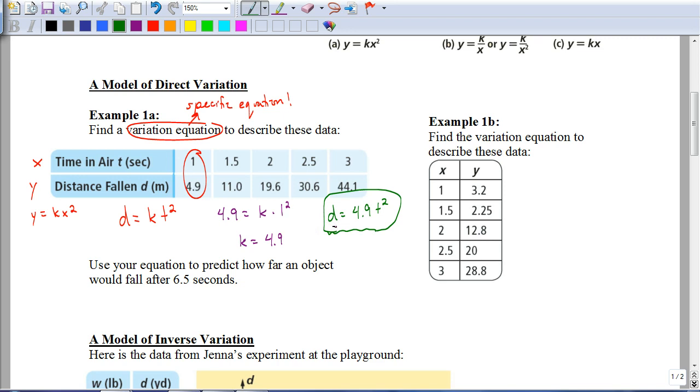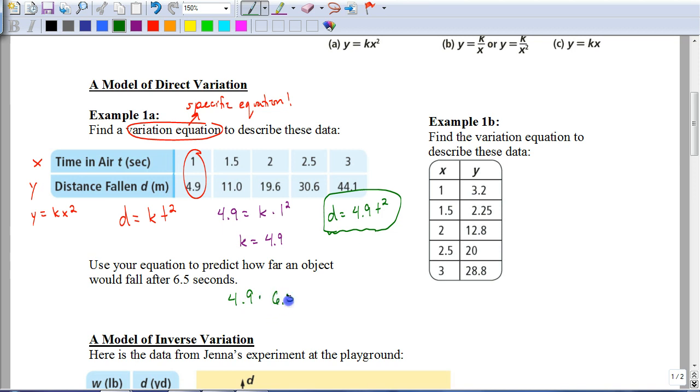So now we can use this variation equation. Sometimes there'll be a follow-up question like they did here. It says use your equation to predict how far an object would fall after 6.5 seconds. Our table doesn't go that far, but I have an equation that would allow us to make the prediction. So I would take 4.9